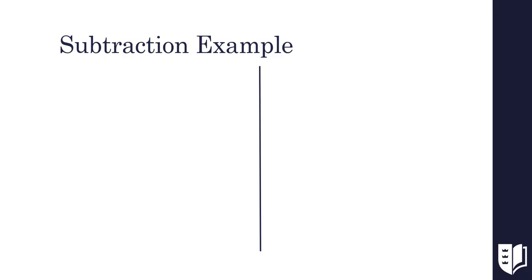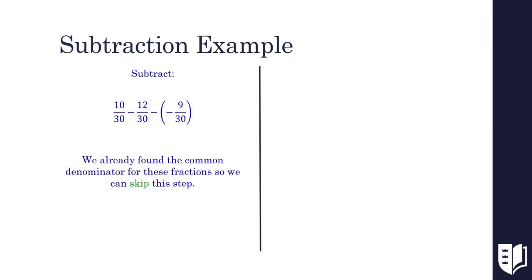Let's do an example of subtracting fractions. We're going to subtract 12 over 30 and negative 9 over 30 from 10 over 30. The first step is always to find the common denominator. Since we already have a common denominator from earlier, we can go straight to the subtraction. Since the denominator is the same, we can put all 3 numerators and their operation signs on top of our